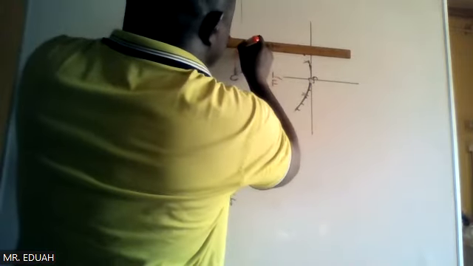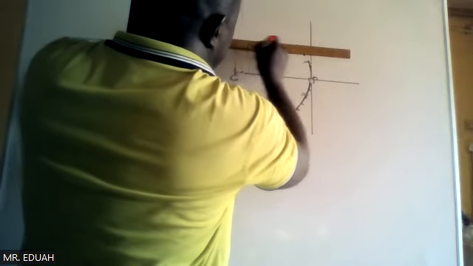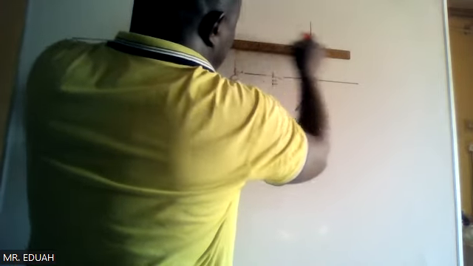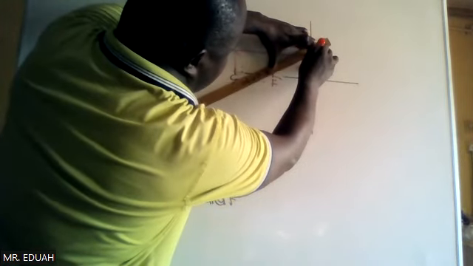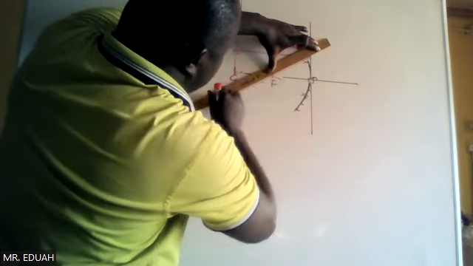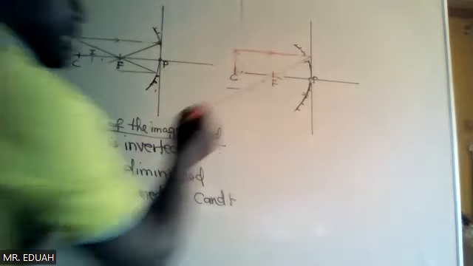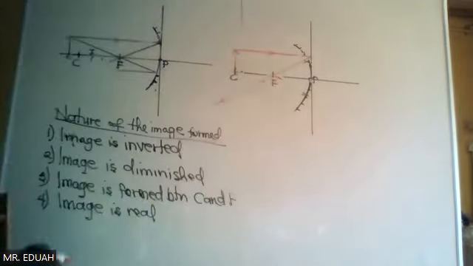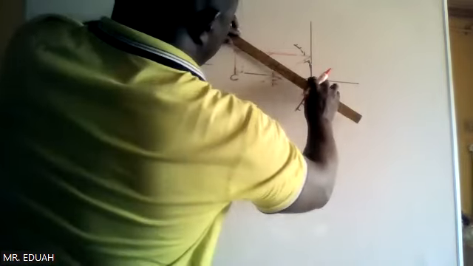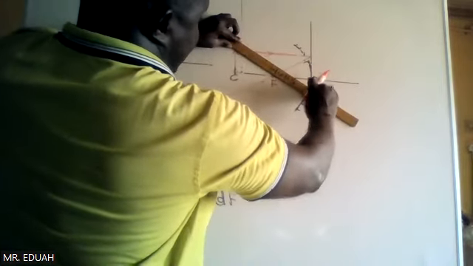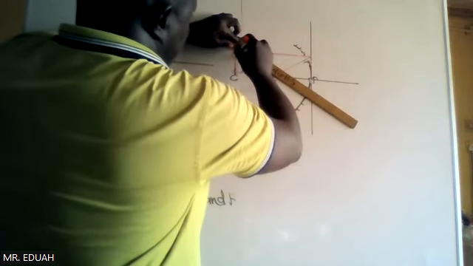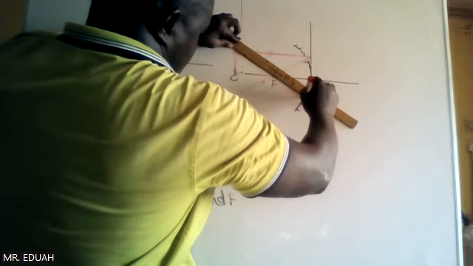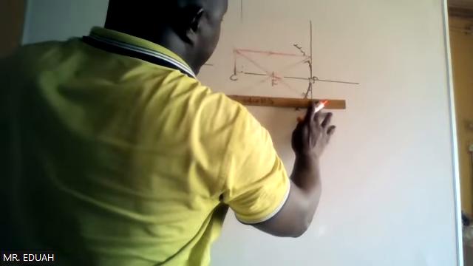So a ray of light parallel to the principal axis after reflection must pass through F. So I have one reflection. So a ray of light from the object passing through F after reflection, the reflected ray must be parallel to the